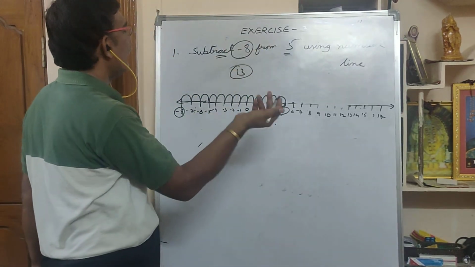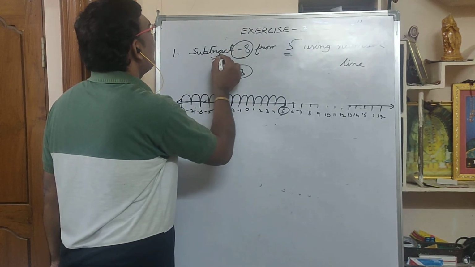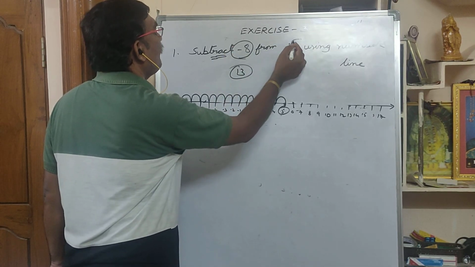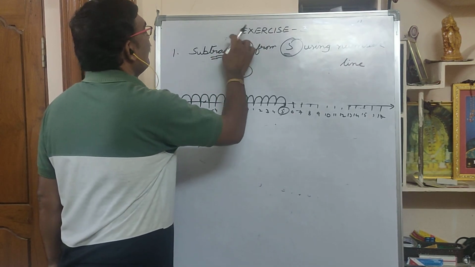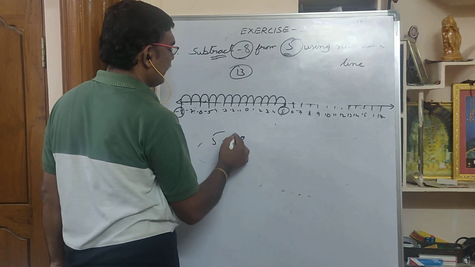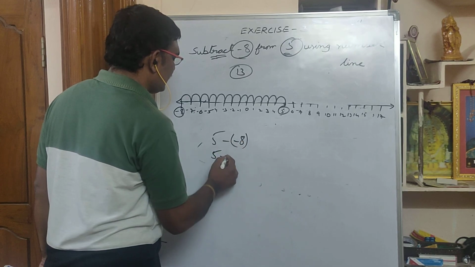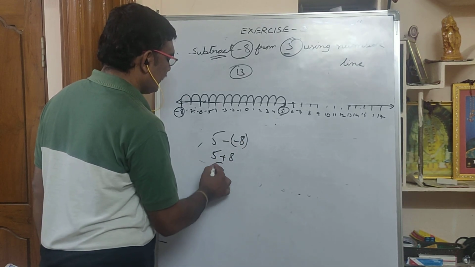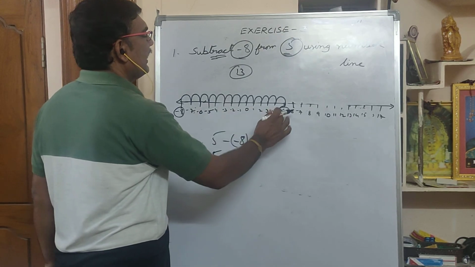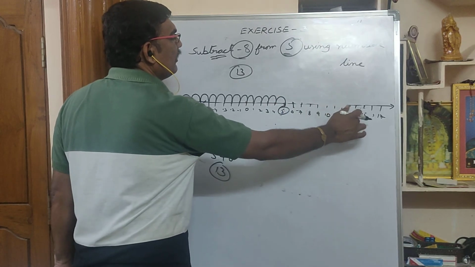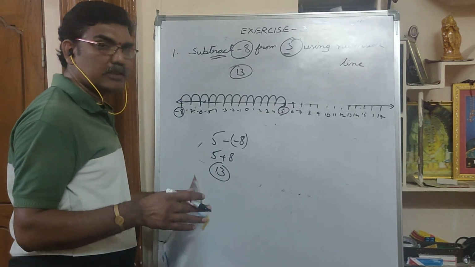Some teachers will say subtract means minus. Okay. Subtract minus 8 from 5. Whatever number is there after from, write first. Subtract means minus symbol. What is that number? Minus 8. Minus minus you should not write together, so you have to write in brackets. 5 minus into minus 8 is 5 plus 8, which is 13. So some teachers will say like this. Both are minus, means keep plus, take 5, add 8 and you will get 13. Some teachers will say this. Methods will be different, but the answer will be the same.